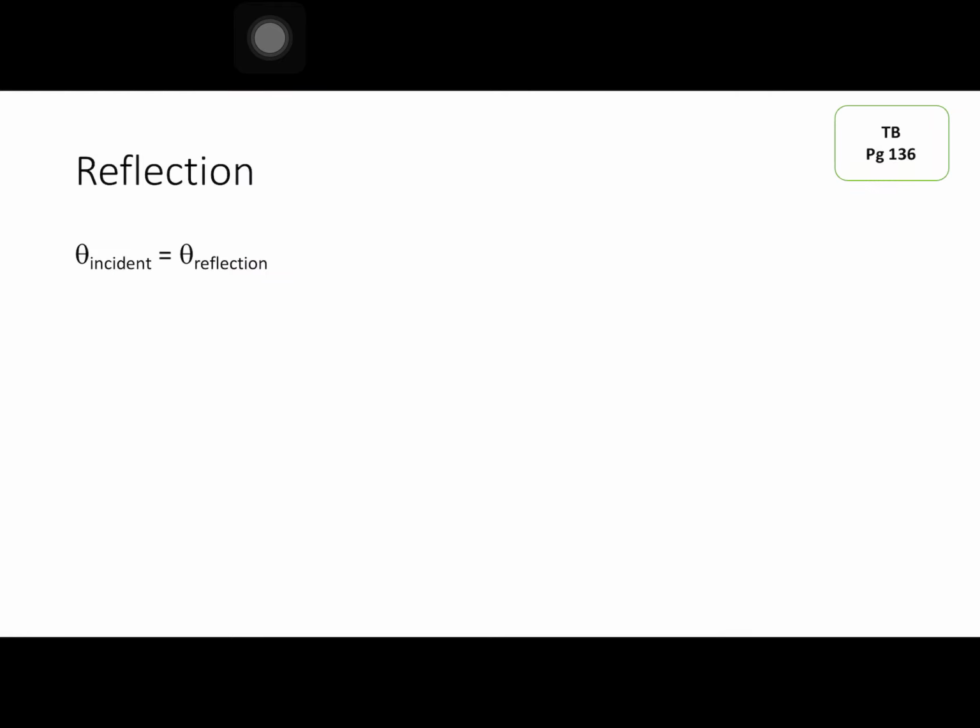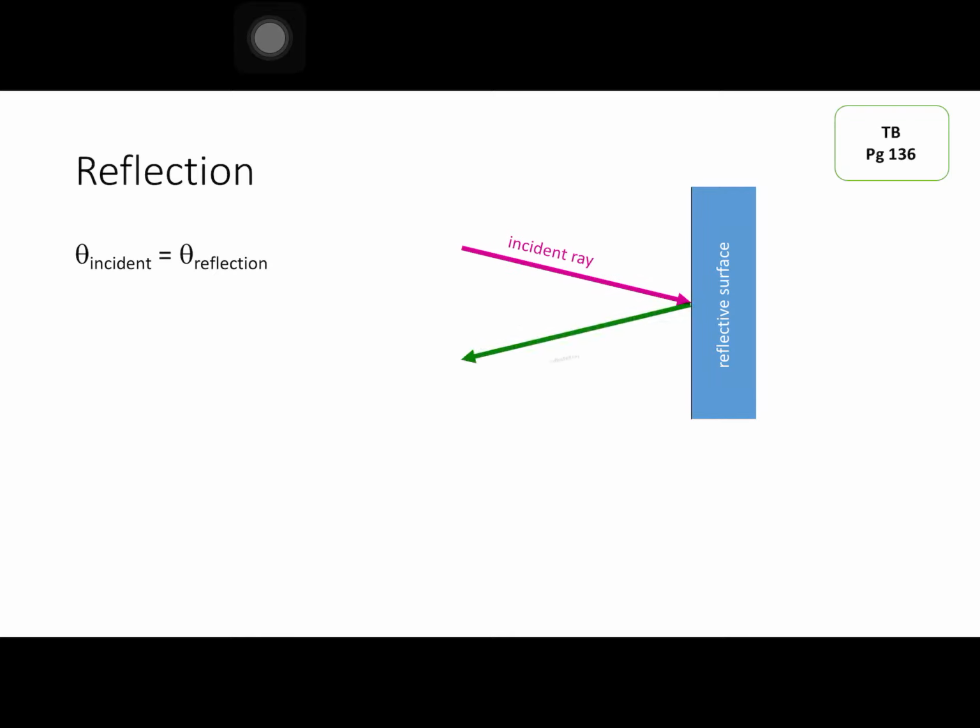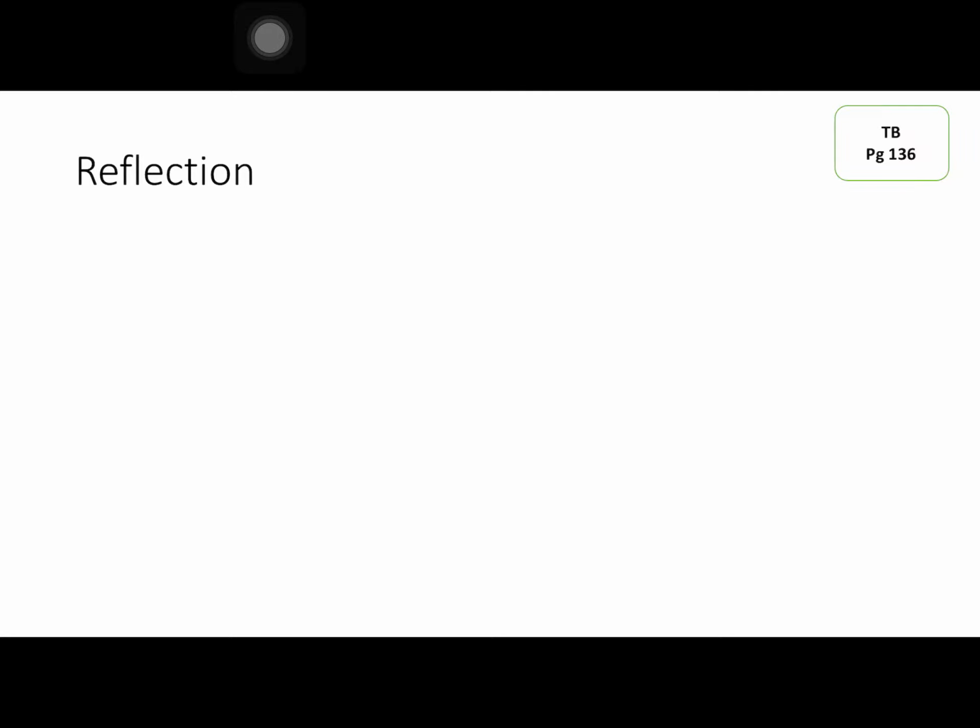Okay. Now we move on to something that's very simple that you've already learned in IGCSE. You know that angle of incidence equals angle of reflection when reflection of a wave takes place. So if I have a reflective surface, I have my incident ray, I have my reflected ray, and if I draw in my normal in dotted lines, which is 90 degrees to the surface, the angle of incidence is equal to angle of reflection. Now if I draw this out in terms of wave front,